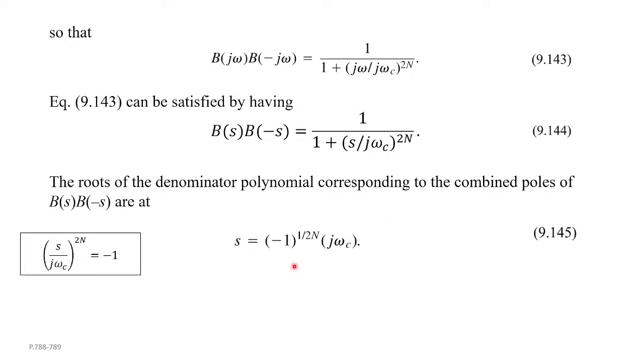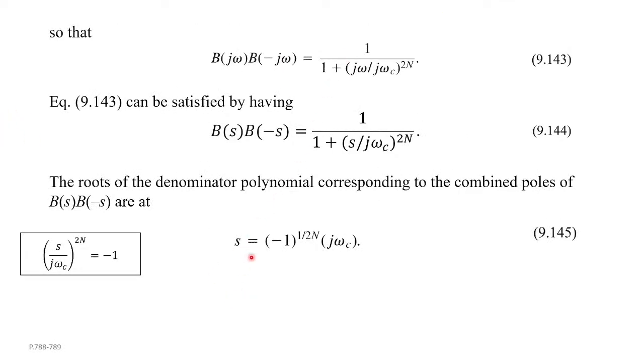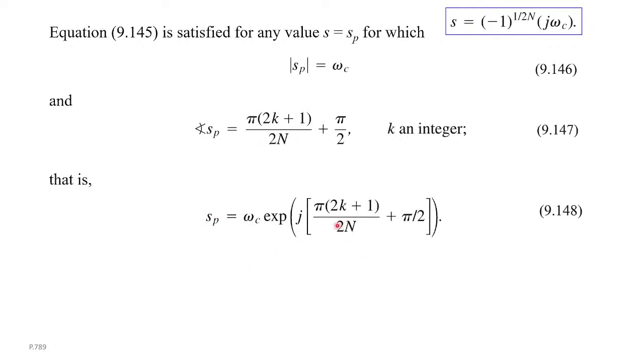And now that's just standard complex calculation. And so the solutions for those things we call SP. So this is like the 2n's root of minus 1, and j is also a phase. So all those things are phase, and omega c is the real number. So the magnitude is just omega c, because everything other than omega c is just a phase.